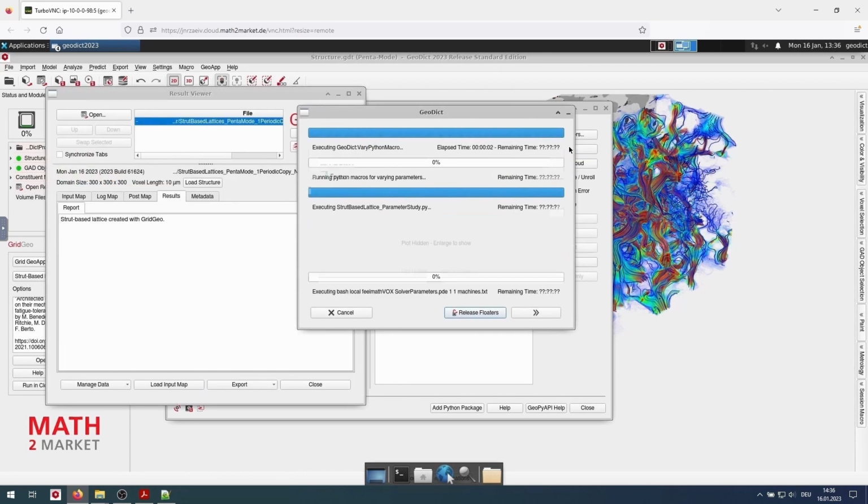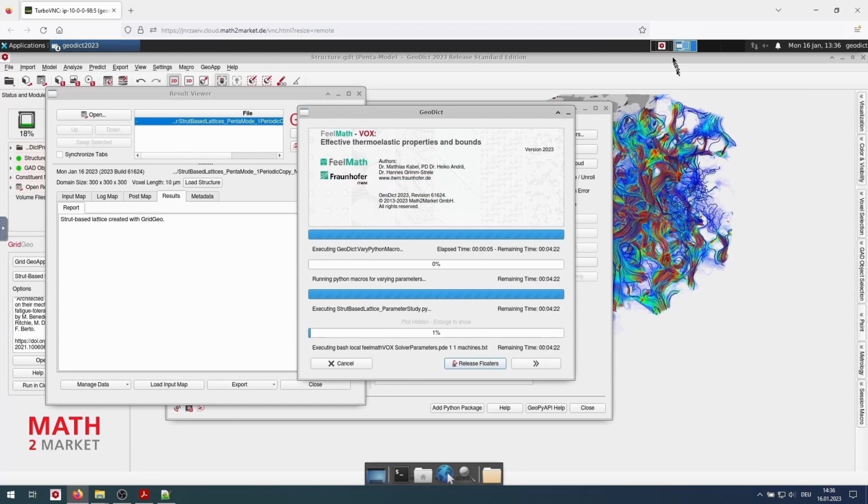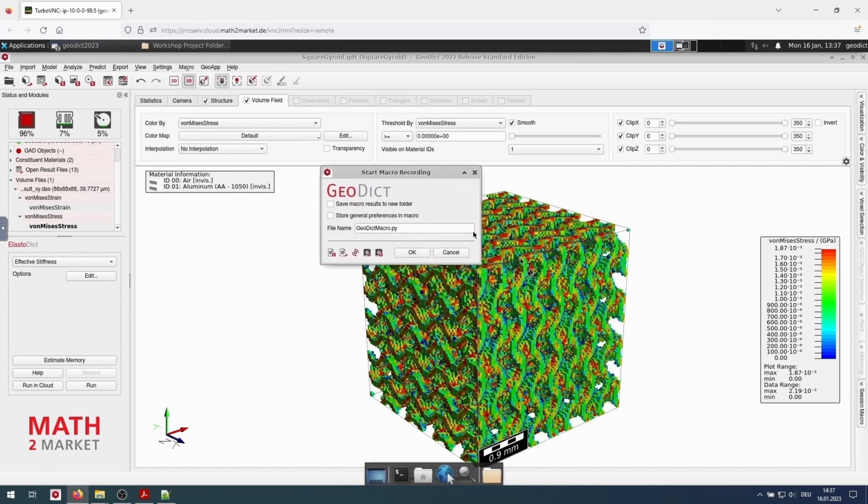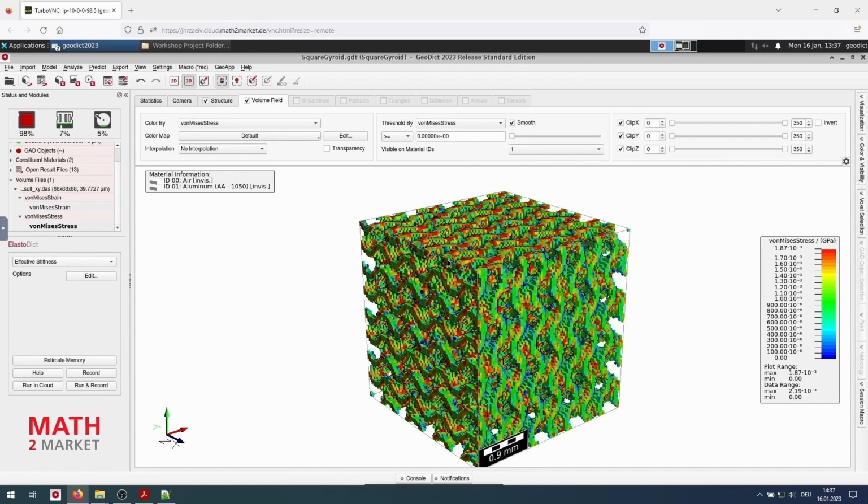Now, while this parameter study is run, we go back to our Geodict folder and we now start a macro recording. We click macro and select start macro recording. As a file name, I just select parameter study and click OK.